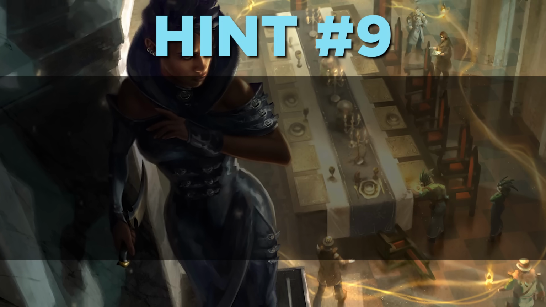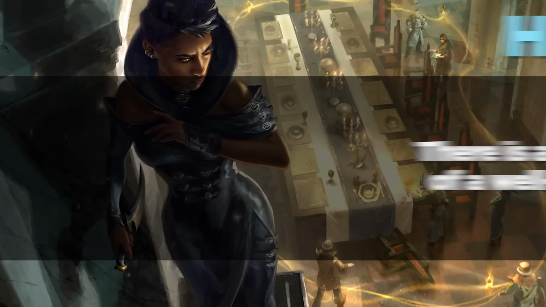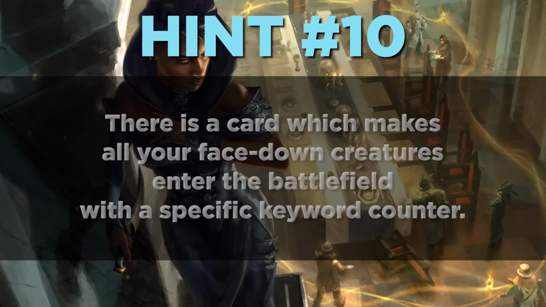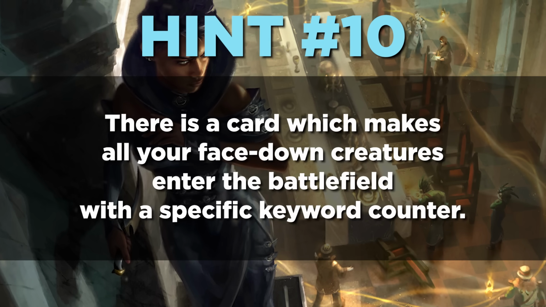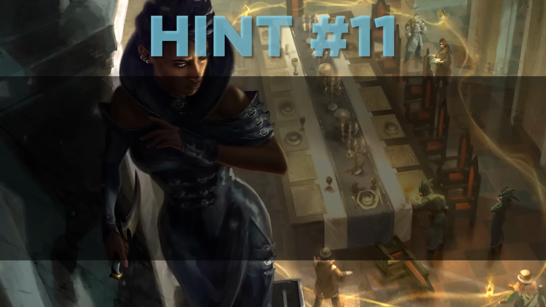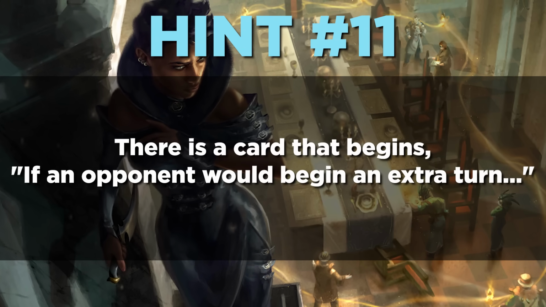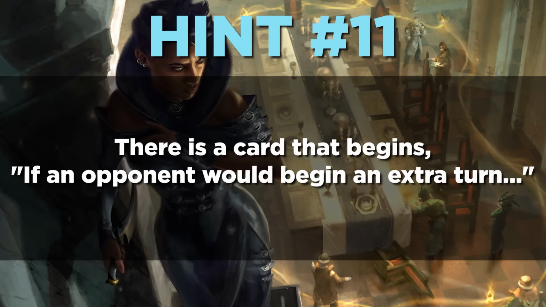Hint number 8. There is a new card with the Radiance mechanic. Hint number 9. There is a color-shifted version of a well-known morph card. Hint number 10. There is a card which makes all your face-down creatures enter the battlefield with a specific keyword counter. Hint number 11. There is a card that begins, if an opponent would begin an extra turn,